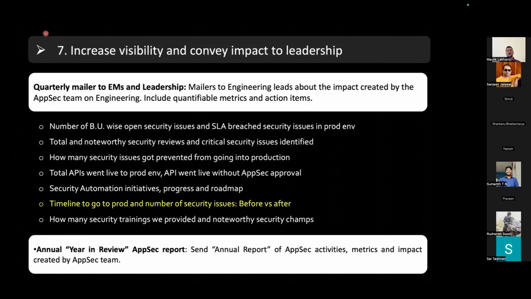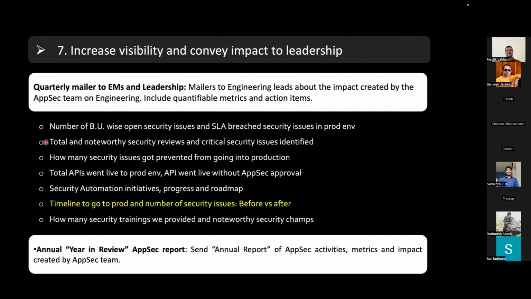Whatever you have done so far, convert it into a quarterly email for engineering managers and engineering leadership. Send an emailer to them and convey things such as how many business units have open security issues, in terms of the numbers and the details, and how many of those security issues are beyond SLA in a production environment, and how urgent it is to fix them.